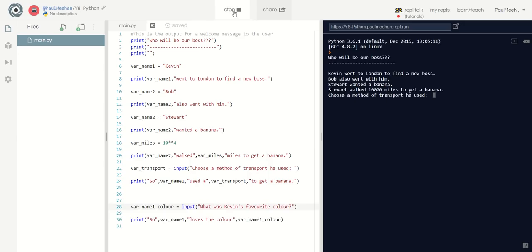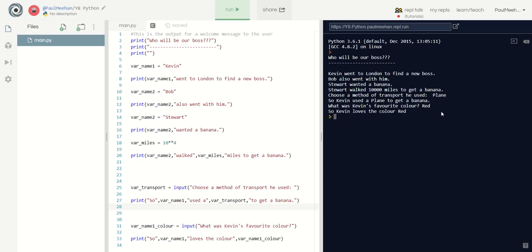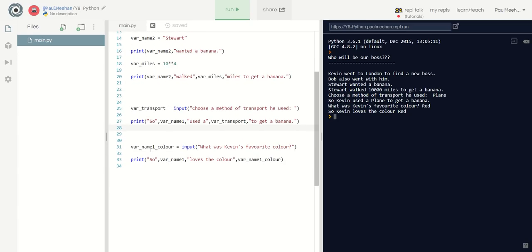If I run it again, we're plain this time, so that's for this line here, obviously. And I'll write enter here, and then so Kevin used a plane to get a banana. What was Kevin's favourite colour? Red. So Kevin loves the colour red. So we're actually starting to build what I'd call an interactive story, and you can, you know,